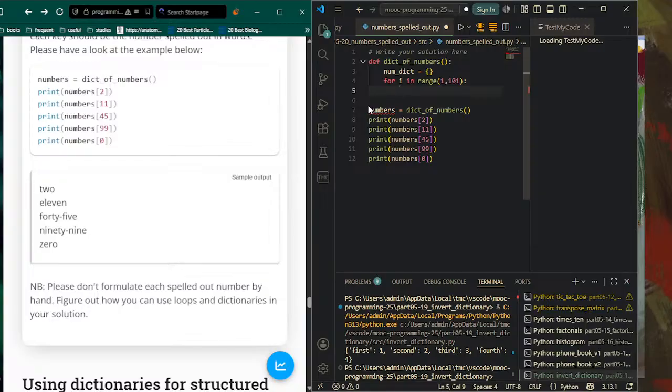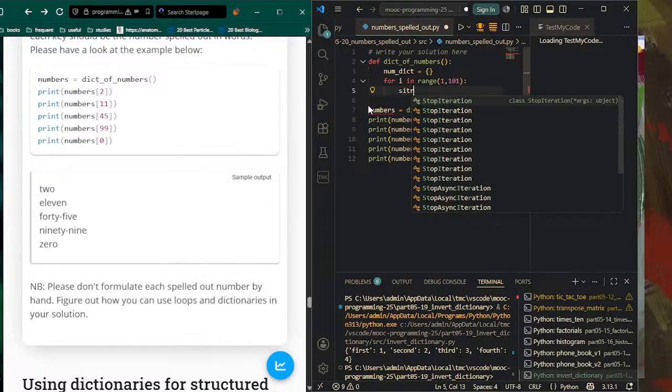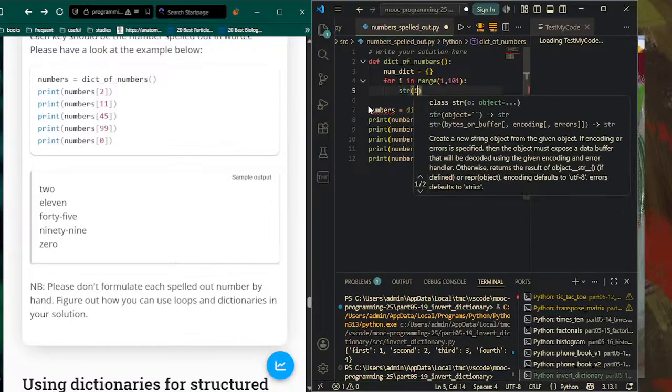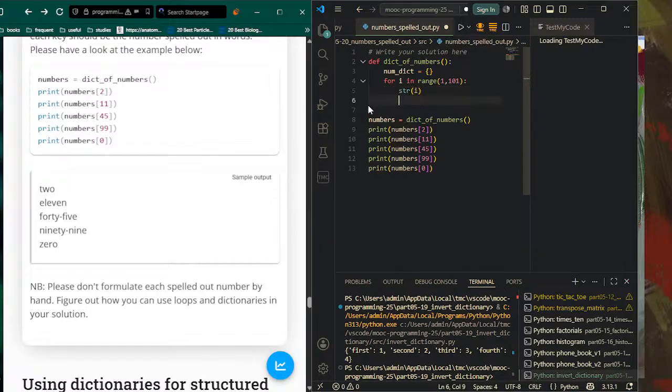So I can assign i for the numbers, but how am I supposed to assign words for the keys? First of all, they have to be mutable, but it's okay because we can just add in stuff, right? If I turn i into a string, so if I said str(i), and then I said if i is greater than 19,